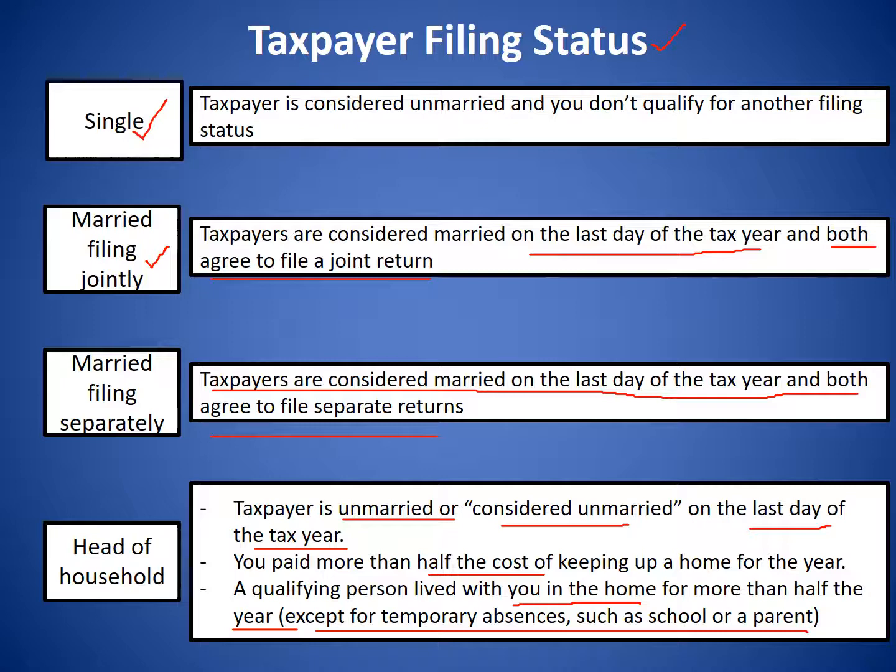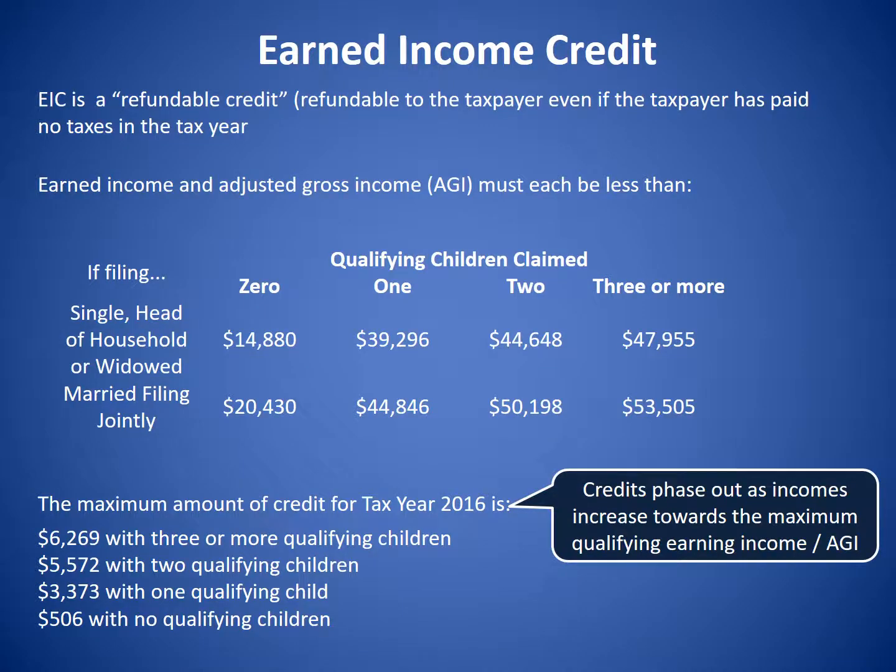Now, let's go on and talk about another area, and it's called earned income credit. The earned income credit is what we call a refundable credit. It's kind of unique. That means it's refundable to the taxpayer. In other words, in cash, it's refundable even if the taxpayer has paid no taxes for the year. Now, you really don't want to be in the EIC category if you can avoid it, because it is made for people with low to very